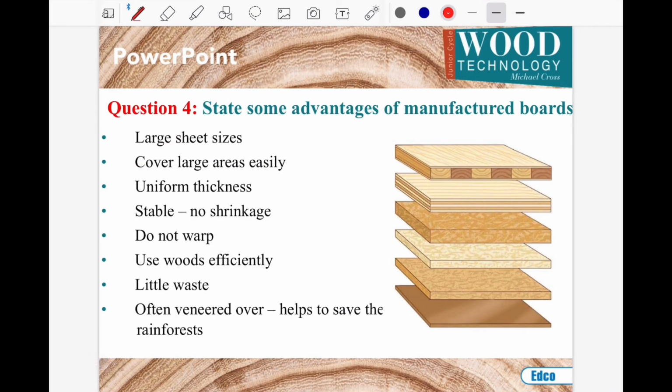Now, this is important. There's a few extra ones here. Advantages of manufactured boards. We already said the large sheet sizes, very important. We can cover large areas quickly. They have a uniform thickness, important. They're very stable, no shrinkage. Stable, by the way, is a key word. They do not warp. They help us use wood efficiently. There's no waste or very little waste, and often veneered over to help us have more expensive looking timber